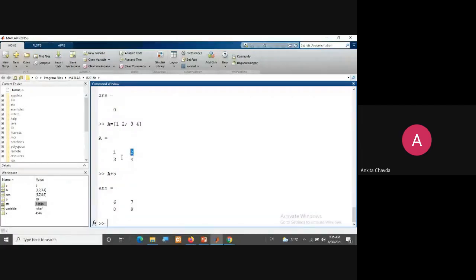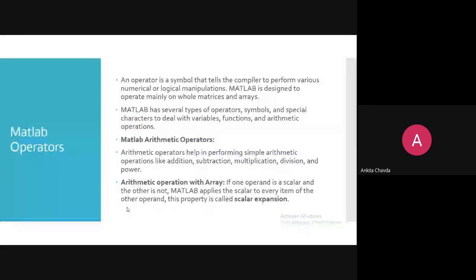It will create a matrix like this by its own. So we are adding A plus B, it is something like that. So if one operand is a scalar and the other one is not, then MATLAB will apply the scalar to every item of the other operand. This property is known as scalar expansion.